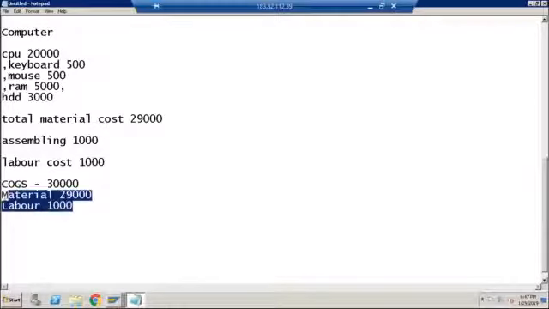In SAP ECC, this particular thing is not possible. So if the customer is telling you that I want to see out of my COGS how much is material consumption and how much is my labor consumption, then in SAP ECC the only option is to tell the customer, go to your costing based COPA report, and there you will get this information. In costing based COPA, this information is always available in ECC also.